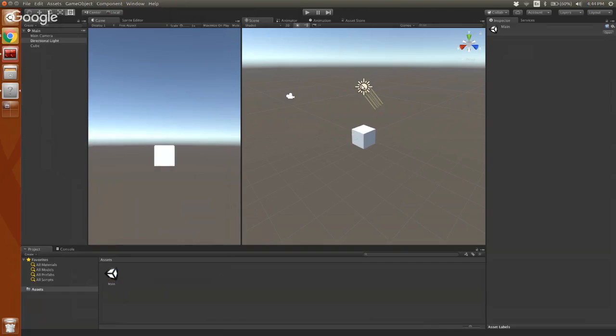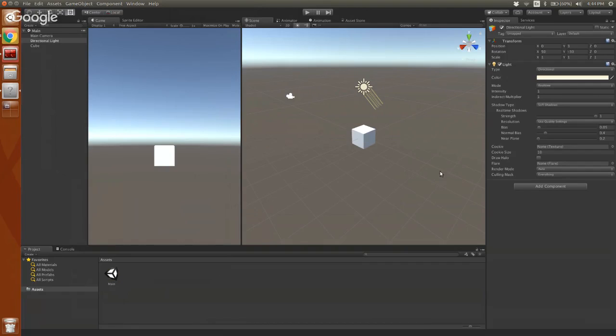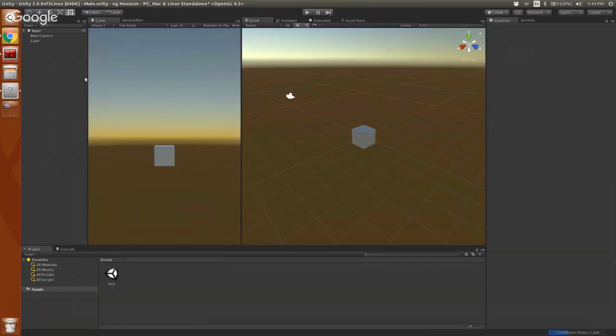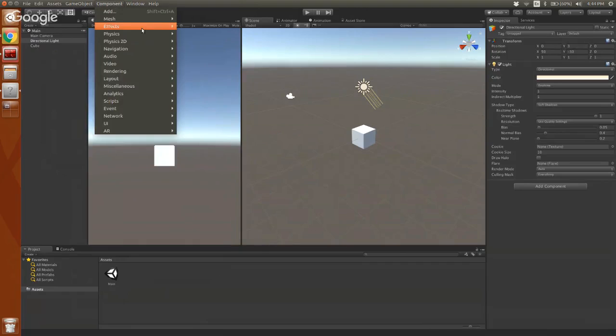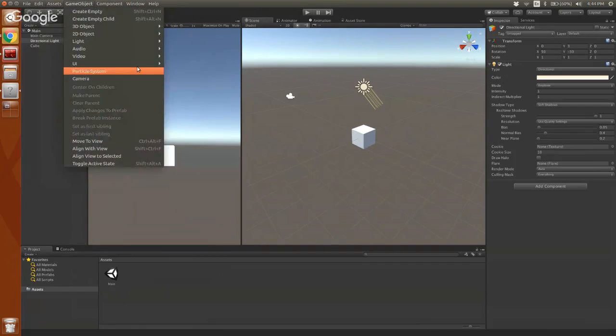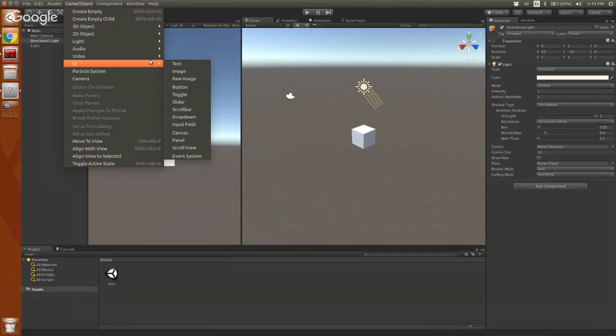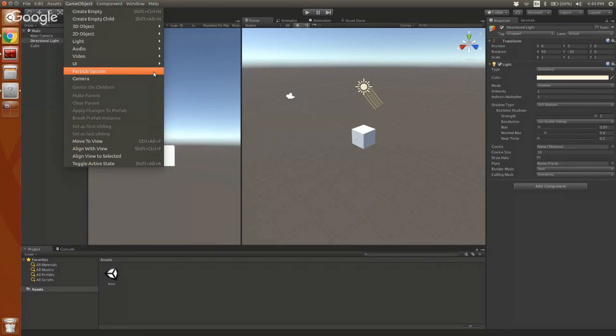By default, we have this light right here that's automatically put into the scene, but we could delete that light like that, and you see how everything gets dark? That's because there's no light, no lamp in my scene. So we could control that, add different lighting effects, things like that. We have audio, so if you want something to be making a noise. Video, if you want video playing in your game. UIs for overhead displays, like health bars and things like that that you don't want in the actual scene; those go in UIs. Particle systems, which are really fun, and I'll show off a little bit later. And you can add other cameras.